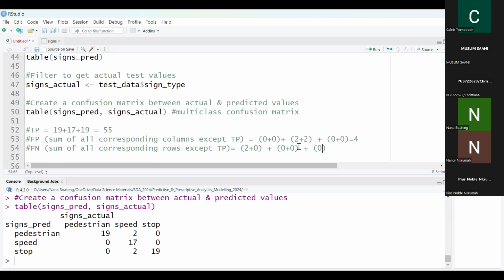So this one is 0 plus 2. Yeah? That also gives us 4. Okay. What about a true negative? True negative for multi-class is always 0. Okay. So now,